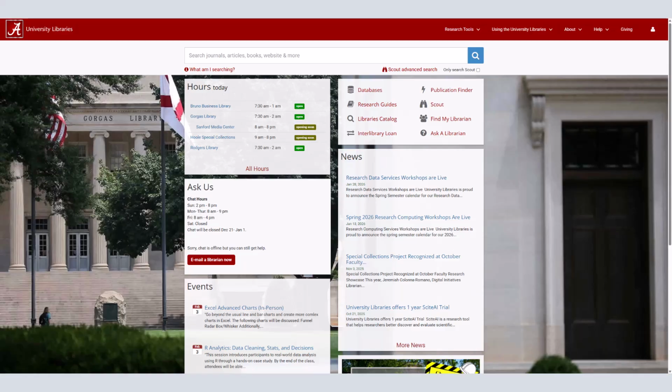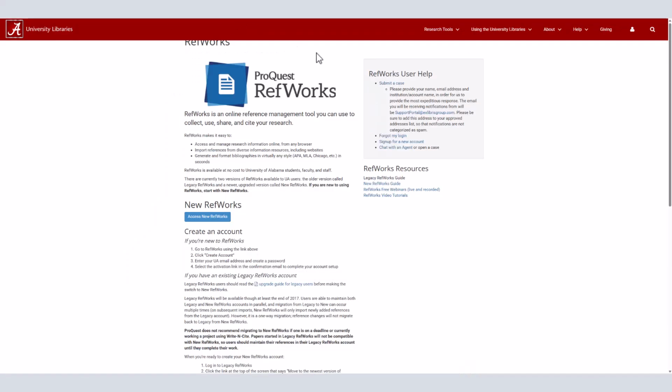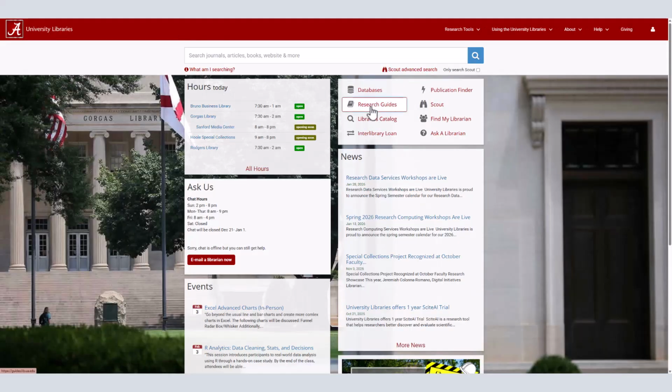In this video, we'll discuss how to use RefWorks, an online tool that organizes and manages citations for research. There are two ways to get to RefWorks. You can use the URL refworks.ua.edu and then click Access New RefWorks, or you can select Research Guides in the top right corner box of